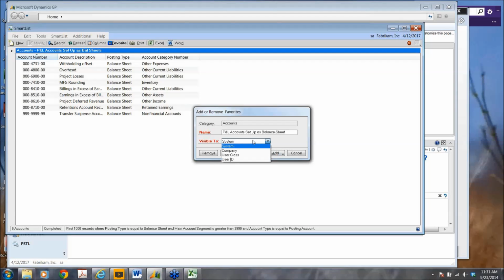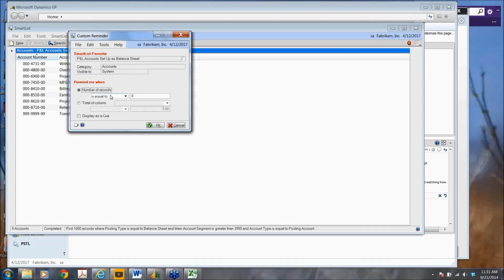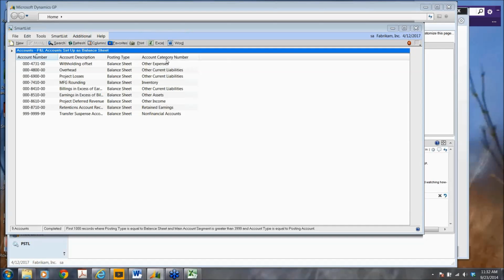And then I can say Add as a favorite and a reminder. It will bring up my custom reminder window, and in this I want to tell it that anytime the number of records is not equal to 0, I want to display this as a reminder on my home page. So I click OK,